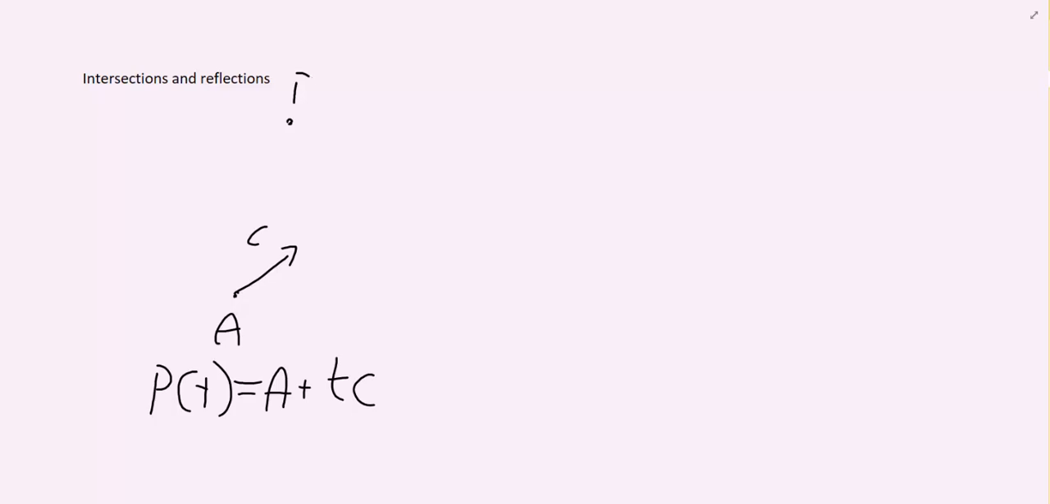we're going to look at a ray that has a point A and a vector C, and that's set up in the parametric form: P of t equals A plus t times C. On the other hand, we have a point B and the normal vector n,